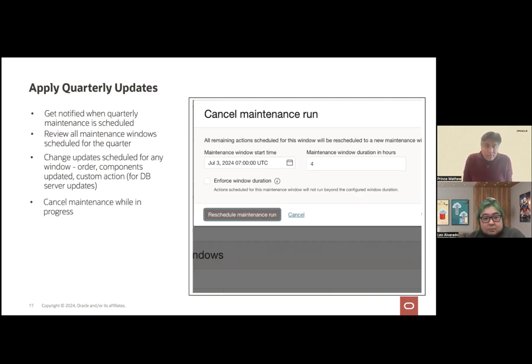There is another affordance which we have added, or control we've added, which is the ability to cancel a maintenance after a specific scheduled maintenance window has started performing updates. So in our example, let's say the Saturday update is already started, and the scheduled action list includes DB servers 1, 2, and 3. DB server 1 was already done,